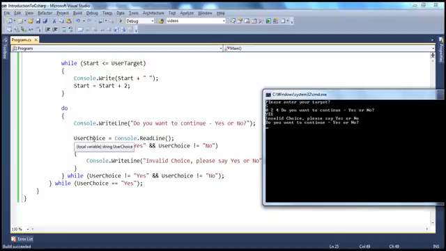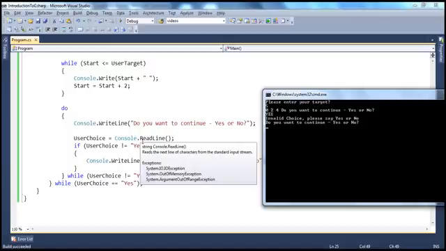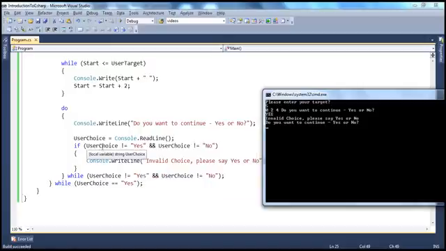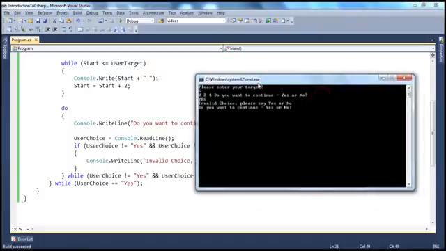User choice will actually receive that YES because we are reading from the console. And then is capital letter YES equal to this one? Obviously no, it's not equal to that. So what's going to happen? The condition becomes true, and it is also not equal to no. It enters here and says, invalid choice. So in order to overcome that issue, what you can do is